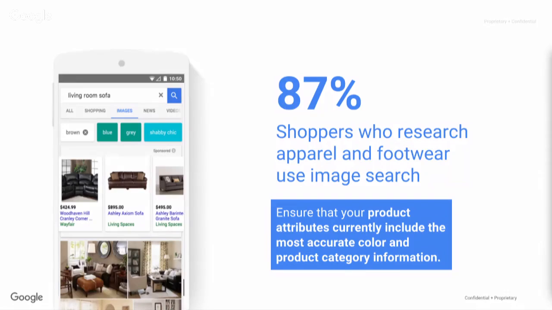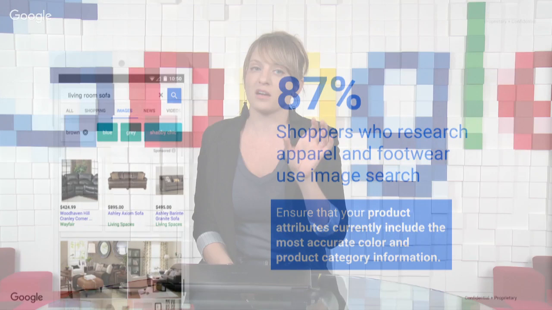All right, and these ads are really cool. Just to give you a couple more stats about them, they update as you click on filters like colors, brand, style, right? So we're actually refining what they're looking for, and the ad is going to be even more relevant. Again, just to stress this point, if you don't have things like color or gender or whatever it might be, then when they go to refine it, your ad might not show up even if it's exactly what they're looking for. So really, really important here.